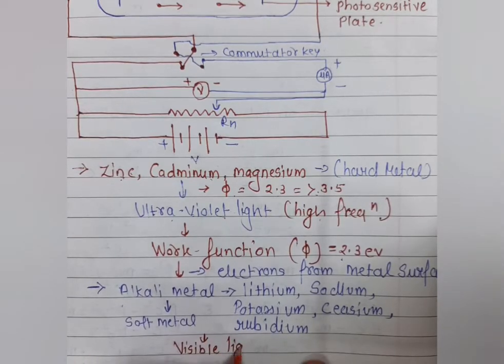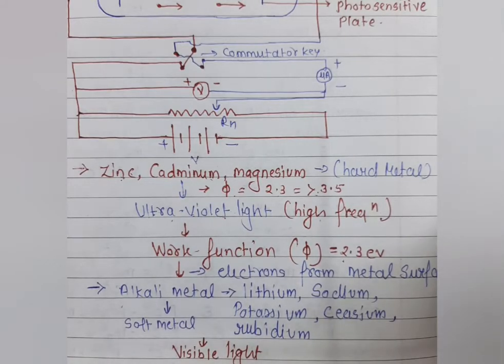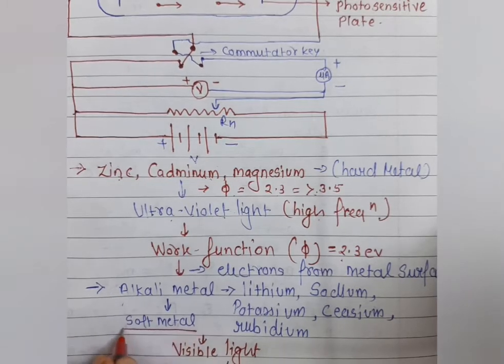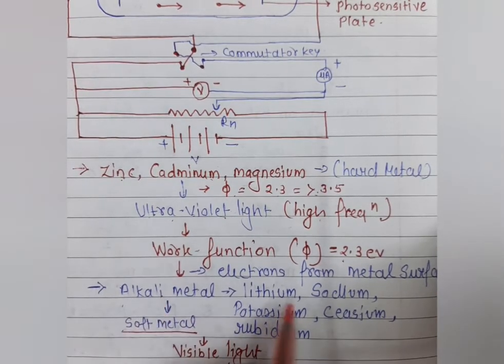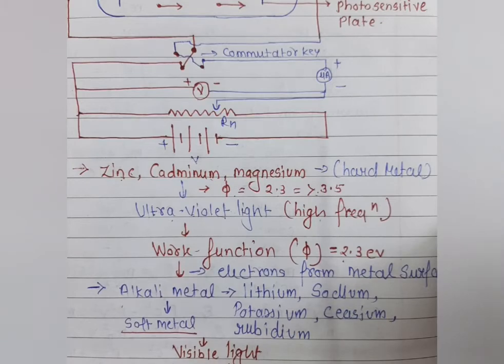Visible light. And you know it very well students, we have visible light, like red, green, orange, this whole 7-color spectrum of light we can consider here as visible light. So when we are talking about visible light falling on any metallic surface, always remember in your mind, we are talking about the soft metal, the alkali metal. This type of metal works with visible light, because visible light has different kinds of colors. So the different colors decide the different metals. Yes, students, not all lights work on every metal.